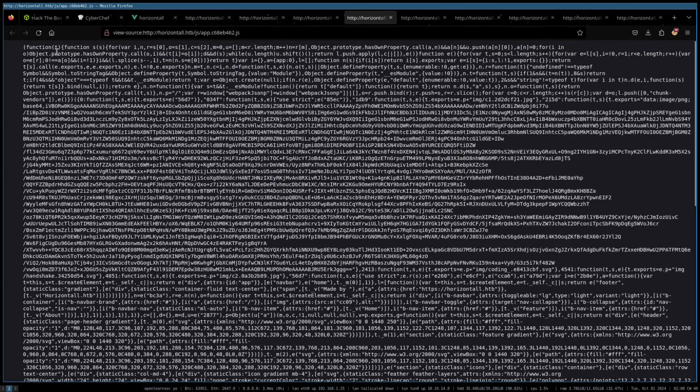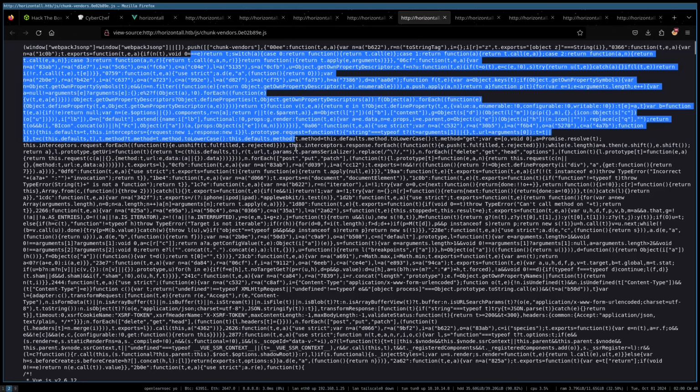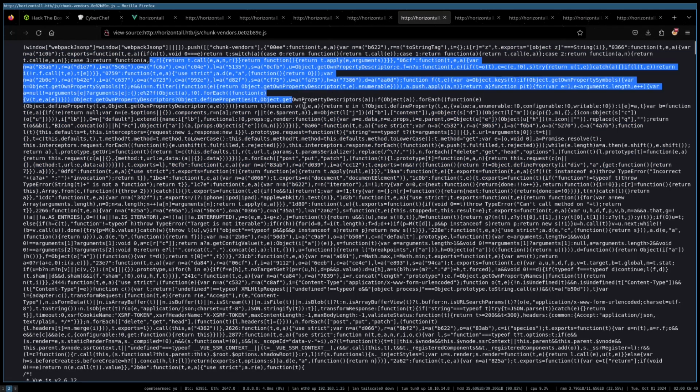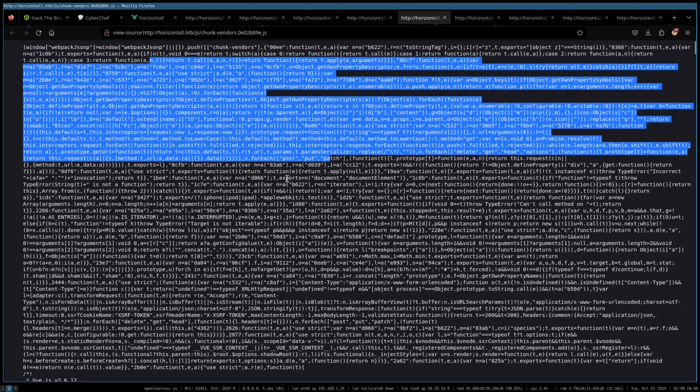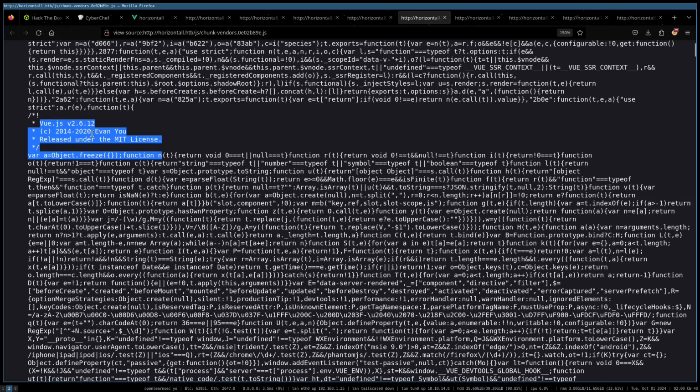I don't know. There's no comment saying this is part of this framework or whatever it might be. Vendors, this is very unreadable. Oh, Vue.js. Okay, so the framework is Vue,